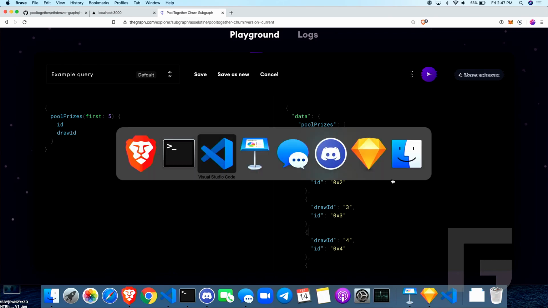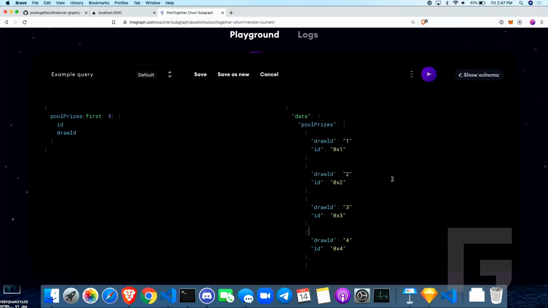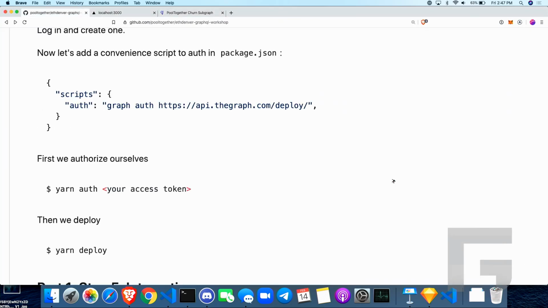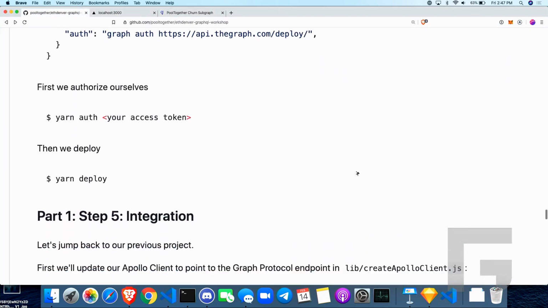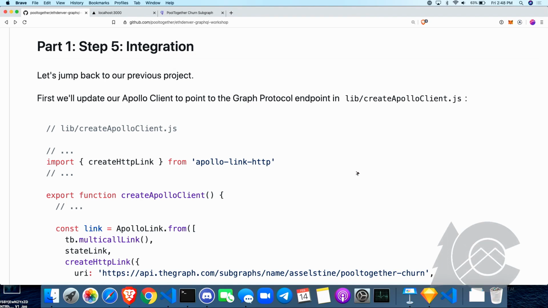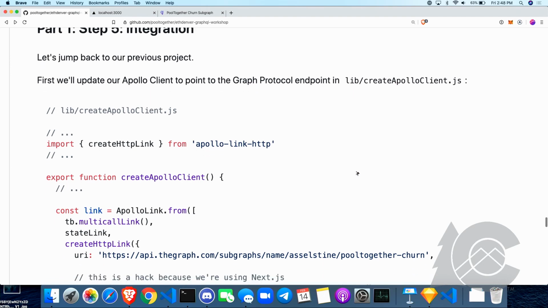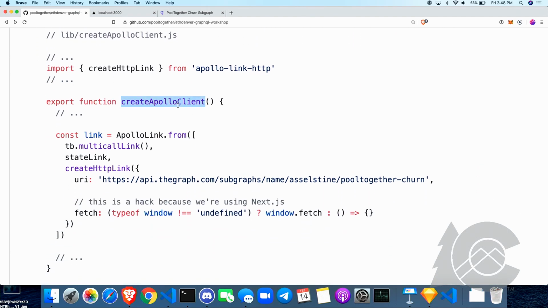So now let's integrate this in the front end. And this is where Apollo Client shines. I'll just jump back to our code here. So integration now, because we defined our client-side resolvers, which was effectively abusing the Apollo client-side resolver system. Now we can just use Apollo client as it was meant to be used, which is communicating with a regular GraphQL server. So back to our create Apollo client